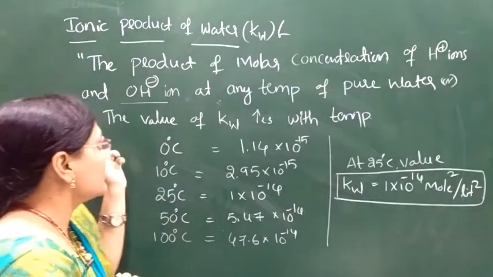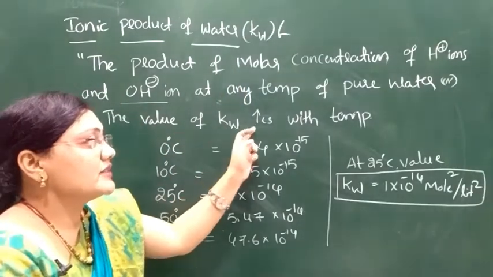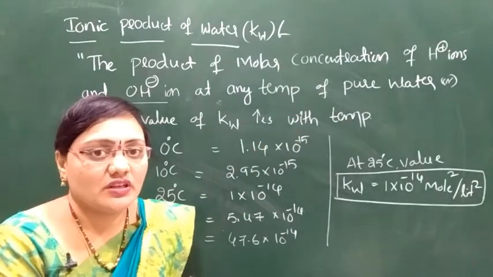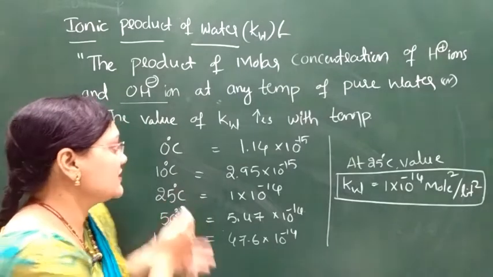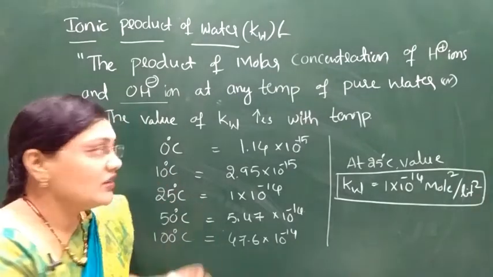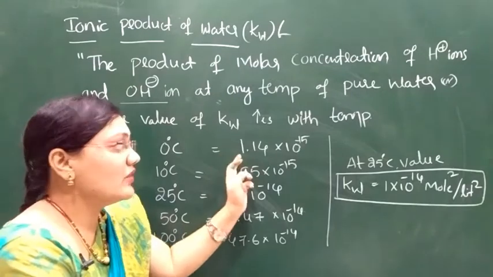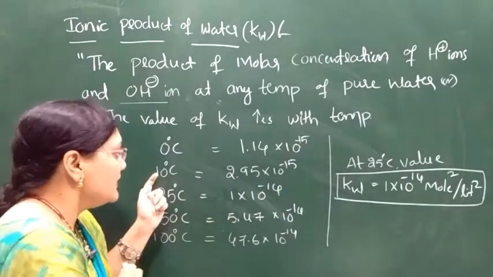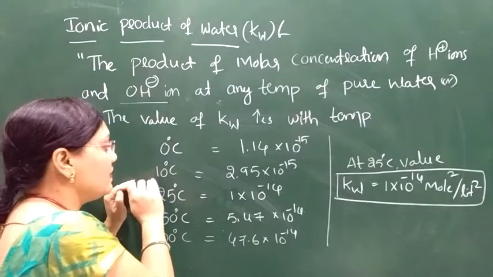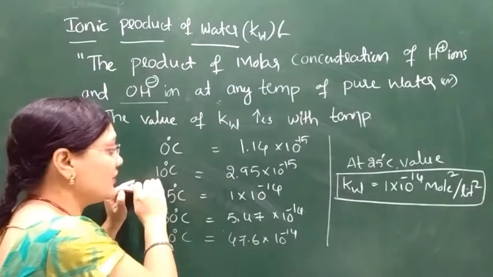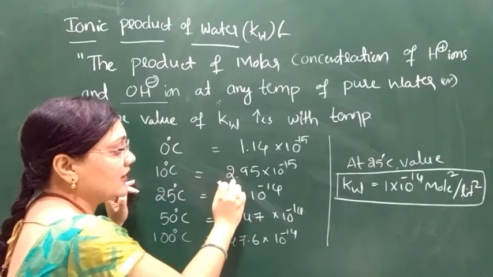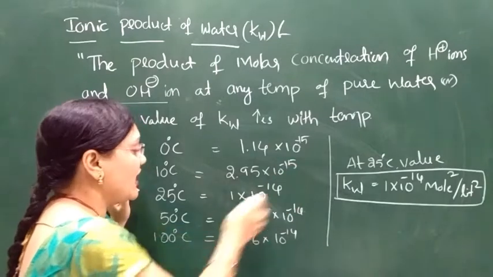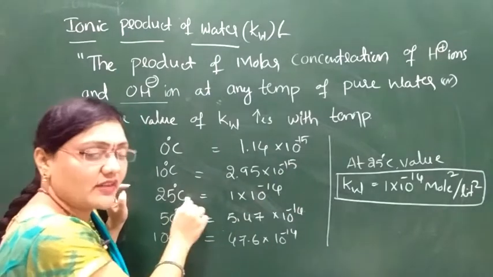The value of Kw increases with temperature. For example, at 0 degrees, the value of Kw is 1.14 into 10 to the power of minus 15. At 10 degrees, Kw is 2.95 into 10 to the power of minus 15. And at room temperature, 25 degrees centigrade,